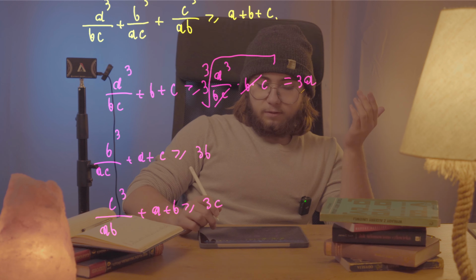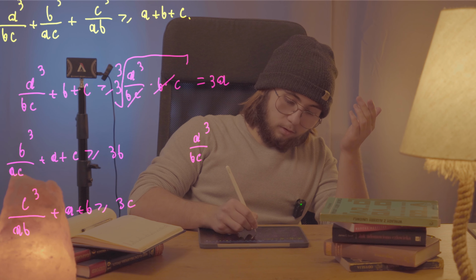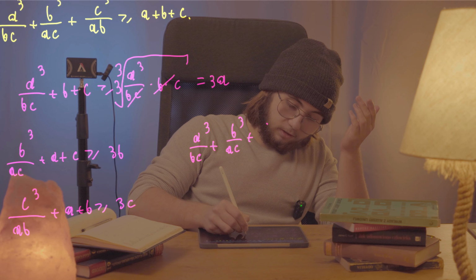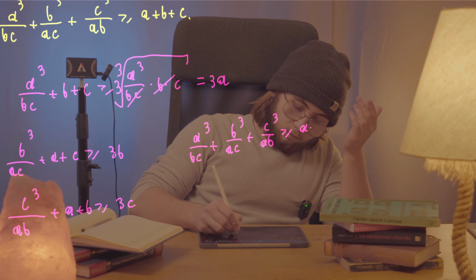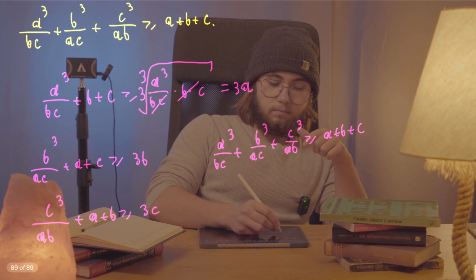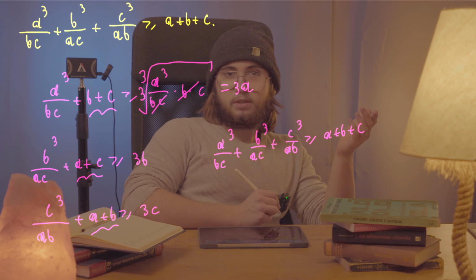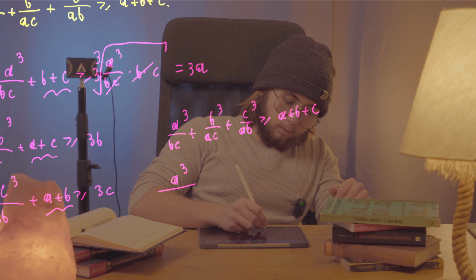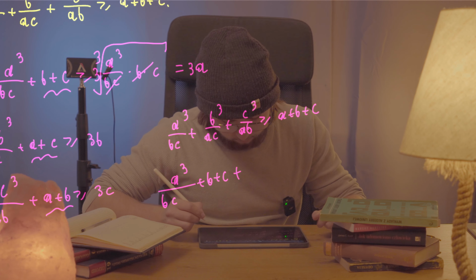And so the only thing I actually really have to do to this inequality, a cubed over bc plus b cubed over ac plus c cubed over ab greater than or equal to a plus b plus c, is just add b plus c, then a plus c, and then a plus b to both sides of this inequality. So what I'm going to get here is just a cubed over bc plus b plus c plus,